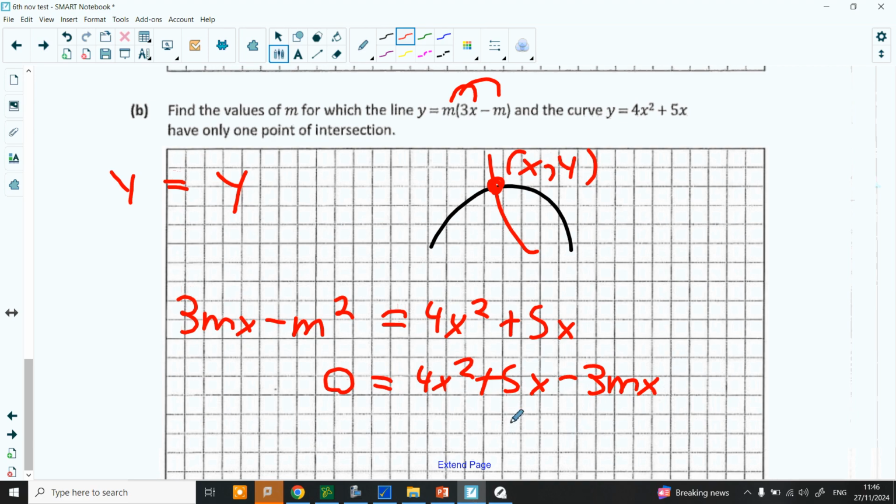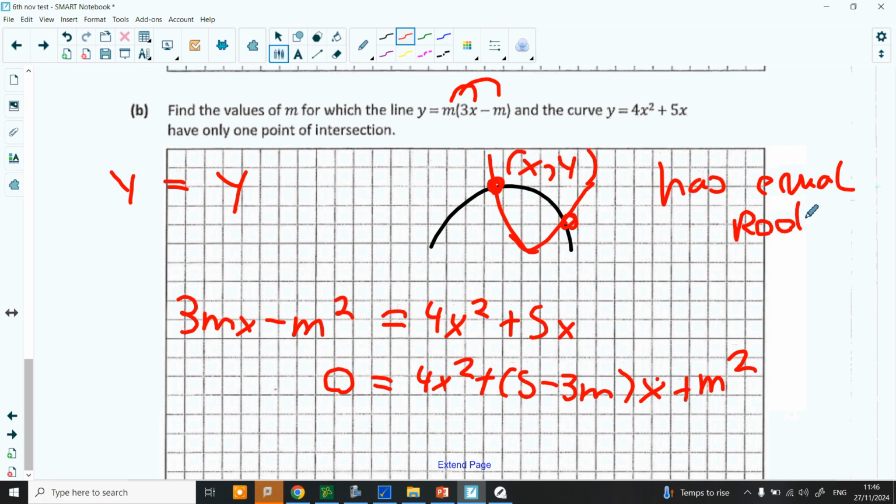Would everybody be happy if I factorize that into (5 minus 3m) times x? Would that be all right? I'm bringing the m squared over in a second. Just not fast enough for you. Okay. Now, I'm bringing over the m squared and it becomes plus m squared, yeah? Now, what are we thinking here? If it has only one answer, one point of intersection, not 2 points of intersection, you get what I'm saying? That must mean this quadratic has